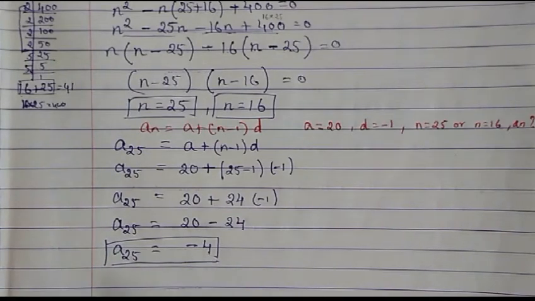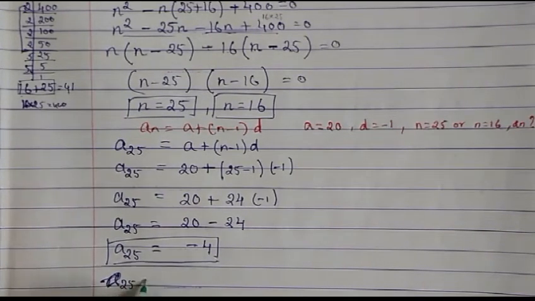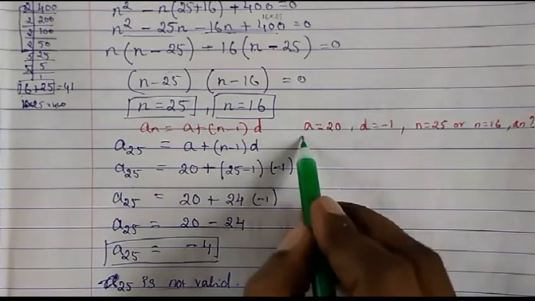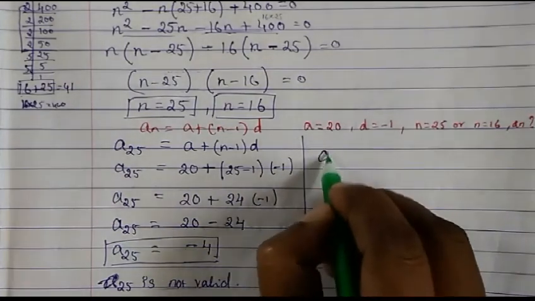So now this cannot be valid, because can we have in the 25th row minus 4 logs? If for example we say first row this many children, second row this many children, and the last row how many are there? Can we say last row minus 4 students are there? So there cannot be. The counting numbers are always positive. Therefore A25 is not valid.